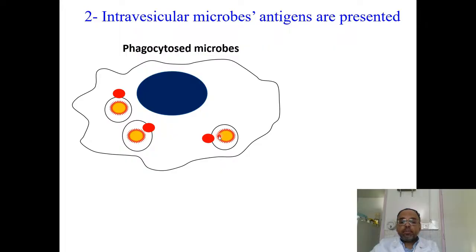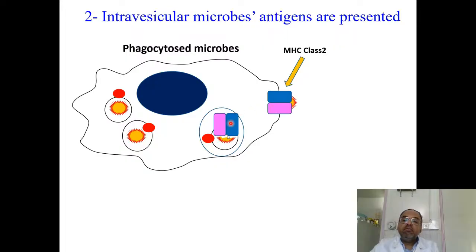Some of these pathogens might be, well, a lot of the pathogens that have been phagocytosed live there, but some of them might die, and some of them might lose some of their antigens. So some antigens derived from the pathogen are floating around in the phagolysosome. Then we have another vesicle inside the cell, which has something named an MHC molecule. It will go and bind to the phagolysosome. Antigens in the phagolysosome will get loaded at the surface of the MHC, and then the MHC will move to the cell surface and start showing the antigen to other cells.